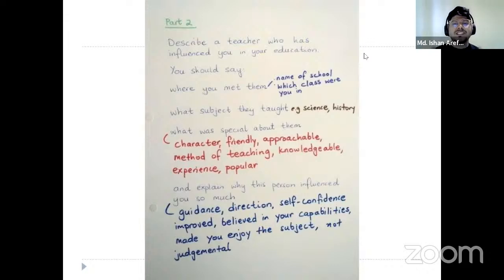So here, describe a teacher who has influenced you in your education. Are you going to talk about a real life teacher, or are you going to make someone up? That's on you. No, dilemma is not crucial. No, Mustaq, you're wrong. Sorry. My suggestion is that you should make a person up when you're talking about a particular occurrence, experience, person, or place. You should make something up that is more convenient for you.